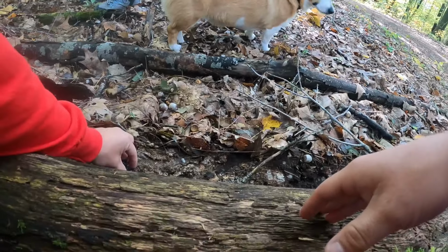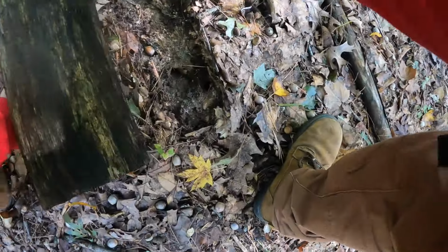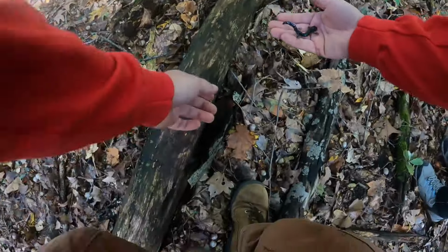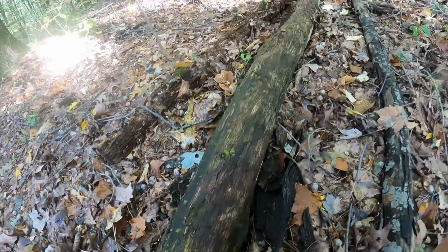Okay, now what I'm going to do, you guys always see me do this. I'm going to pick him up, put him in my hand. We're going to flip this log back, because I would not like to squash him on accident. And then we're going to go ahead and release him on the side here. Like so, and he just goes right underneath it, and bam. I'm not going to hit this with the GoPro, because these are way too small, but we have uno, dos, and tres